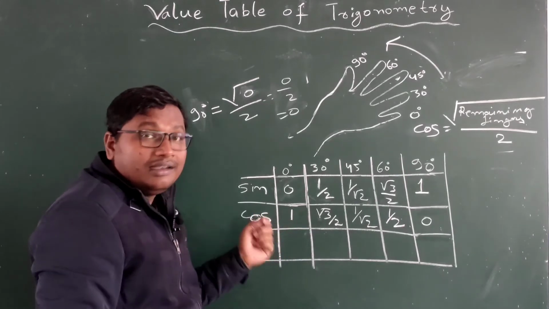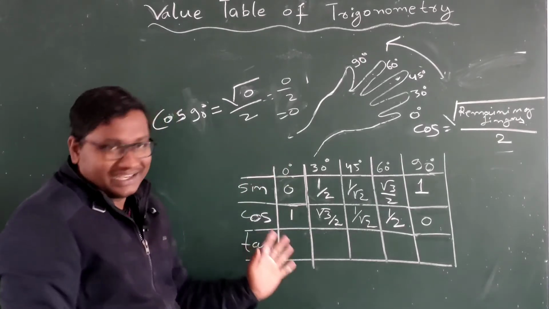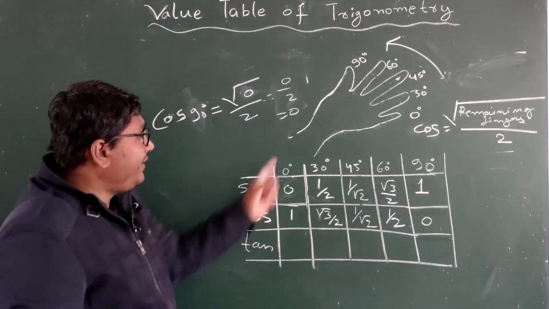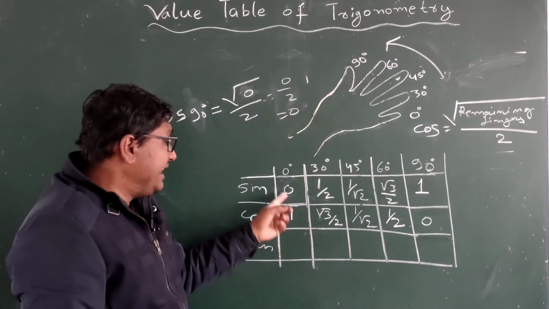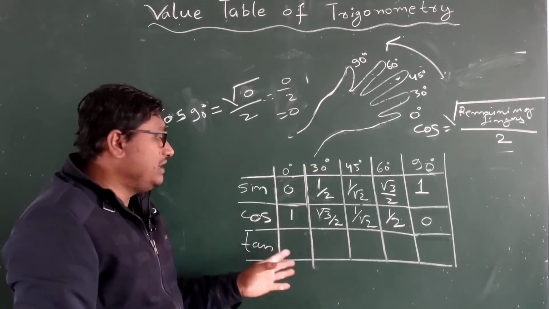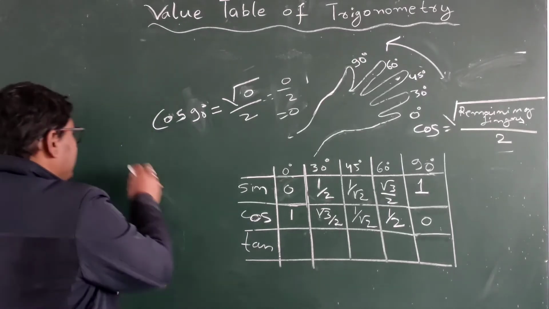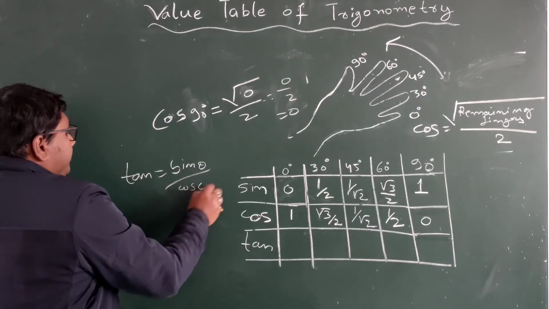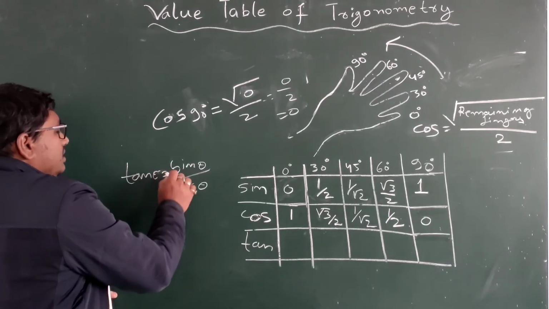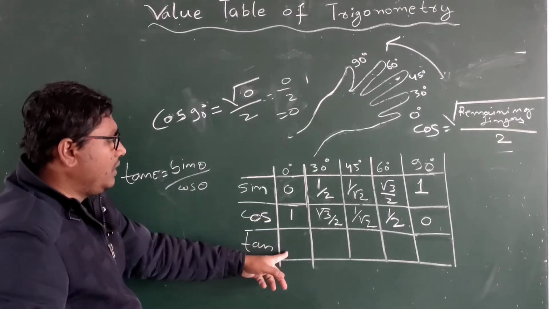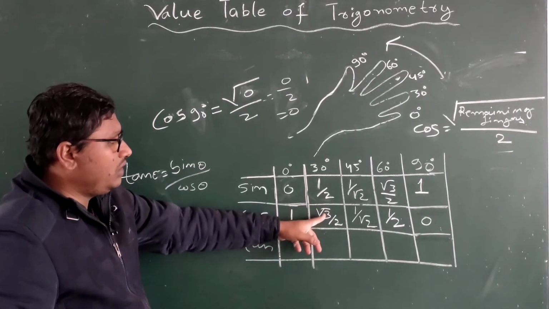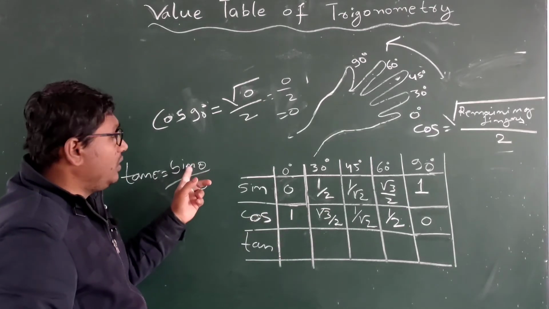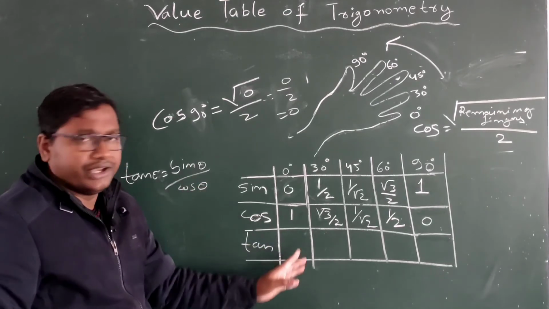Now the turn comes for tan. What should be done for tan? It's very easy to get the value of tan. You can get it even using your left palm or directly using a formula, because tan is equal to sine by cos. You know, tan theta is equal to sine theta by cos theta. So this can be used. It means 0 by 1 will be the value of tan 0. Then again 1 by 2 divided by root 3 by 2 will give the value for 30. So again you can divide the value of sine by the value of cos, and you will be getting the value of tan.